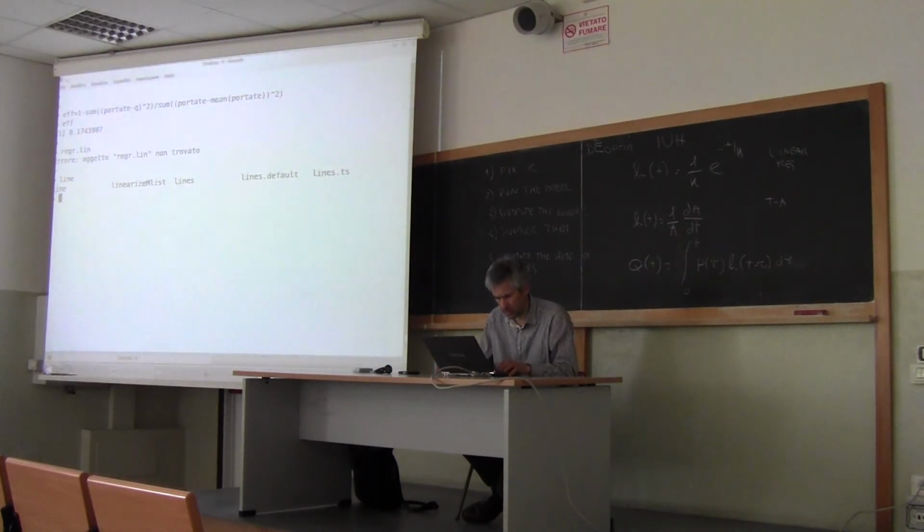Okay, I think it is LS fit. Yeah, LS fit. If you make a dummy variable PR equal to LS fit of portate and Q, in this case I am performing a linear regression between observed and simulated flow. And the result of this linear regression is, of course, the linear regression coefficients. So if you look at the coefficients,